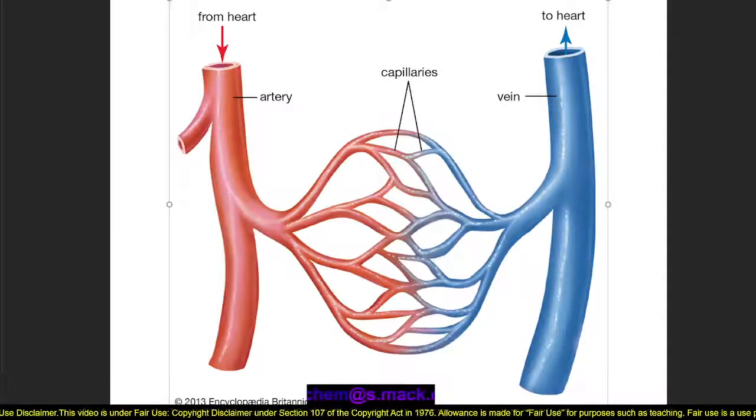Here is a simple diagram which shows the oxygenated blood which exits from the heart via an artery. Right, this is a vessel seen in red. Arteries are going to split into smaller arteries, which will then split into capillaries. We see that somewhere